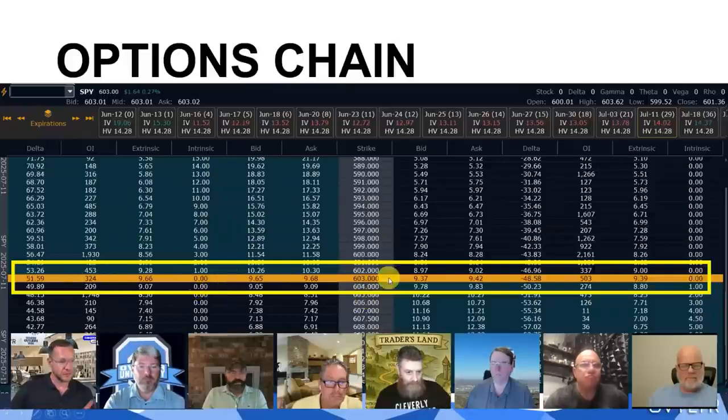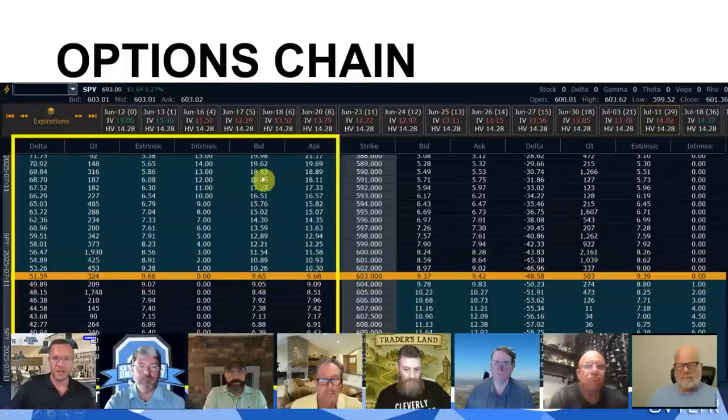At the money, like we talked about just a moment ago with JC, this is perfect because it's $603. The at the money strike is the $603 mark. We can see that. It's exactly where it's flipping over from being out of the money to in the money, which is the at the money. Now, on the left-hand side, these are your calls. These are what go up in value as the price of the stock goes up.